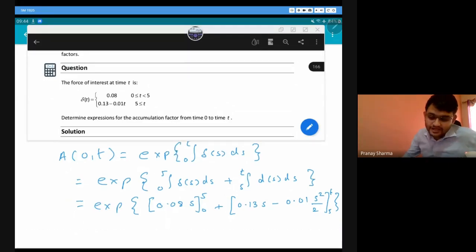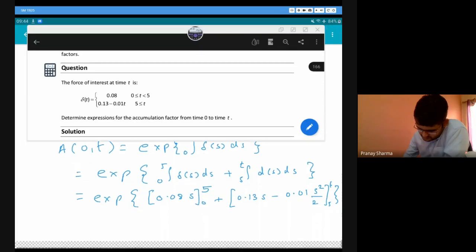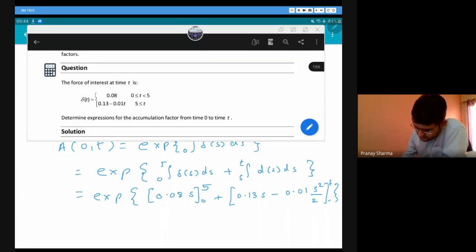My 5 and my s might look a little bit similar. Please don't get confused. Okay, this is s, this is 5. I try to make it different, but majority time it becomes same. My 5 I write like this, I try to write like this, but obviously it gets similar. This is also 5.